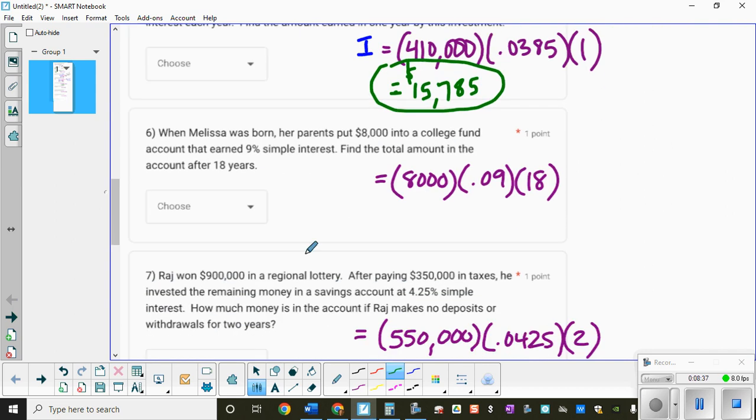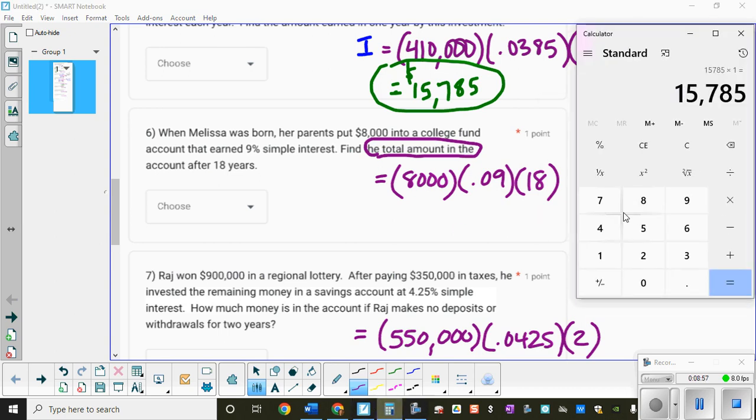Now, finally, for number 6, we're going to see one where we need to add it back in, okay, y'all? So for this one right here, when Melissa was born, her parents put in the $8,000 into a college fund account. It earned 9% interest, and we want to see the total amount in the account after 18 years. So when we multiply these 3 numbers, we're just going to get the extra interest that it earns. So first we'll do the $8,000 that the parents put in times the 0.09 interest rate for 18 years, which means it will earn an additional